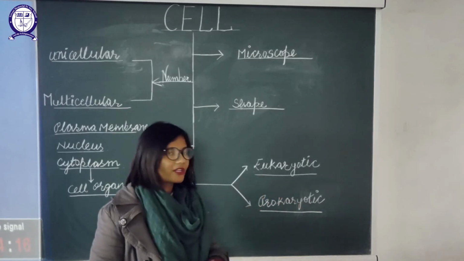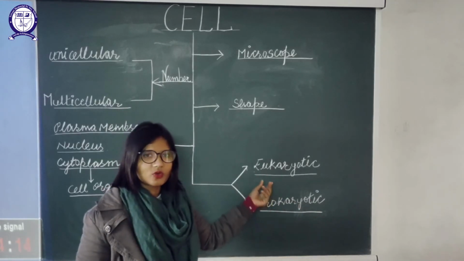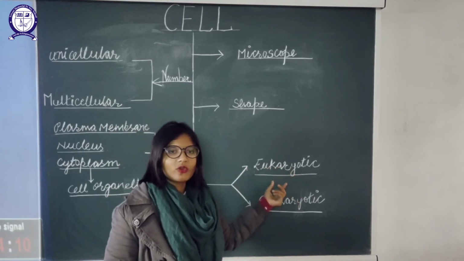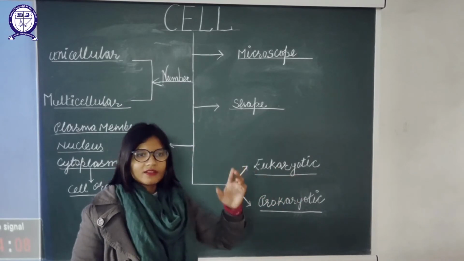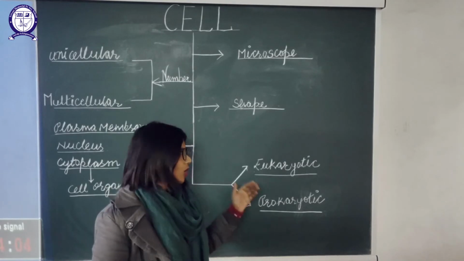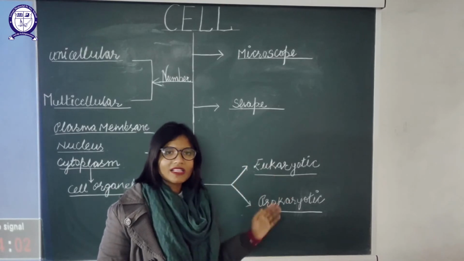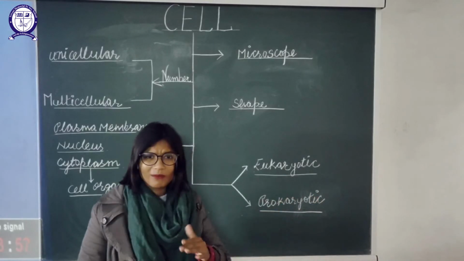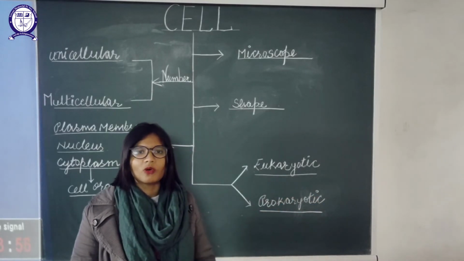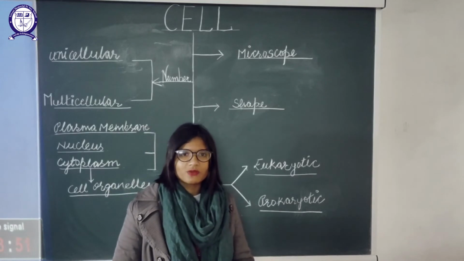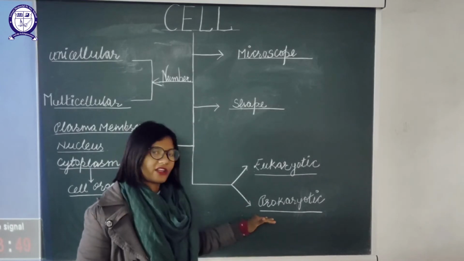Now let us talk about eukaryotic. Eu means true. The organisms which have a true nucleus. By true nucleus here it means the nucleus which has a proper nuclear membrane. Okay. All the plant cells and all the animal cells are basically eukaryote, and all the bacteria and ancient forms of life, for example viruses, bacteria, protozoa, come under the category of prokaryote.